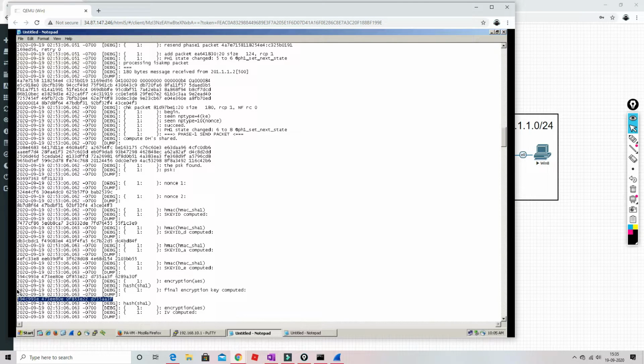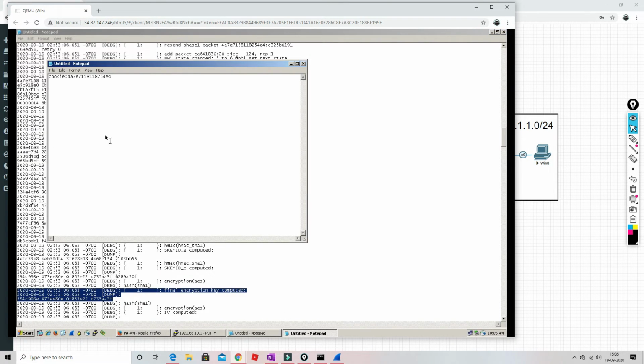If you are not able to understand, just copy this full one. Okay, the whole message. You need to just copy the whole message. Okay, and then you will be able to recognize which number to copy. Okay. So now you have to copy this one and this ID.